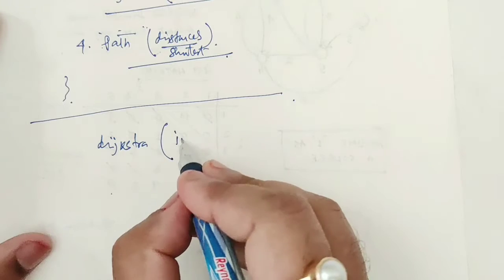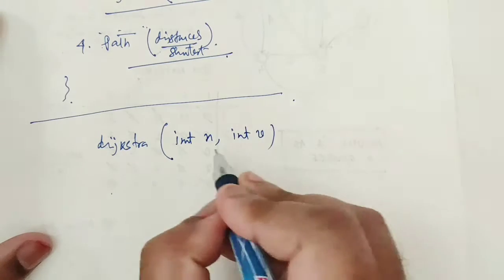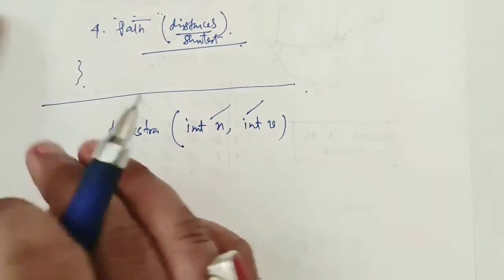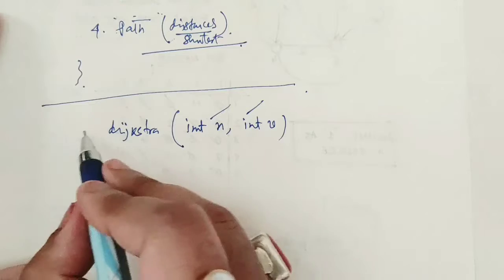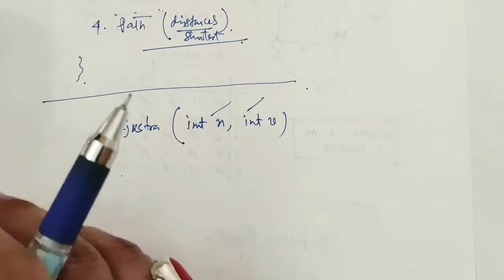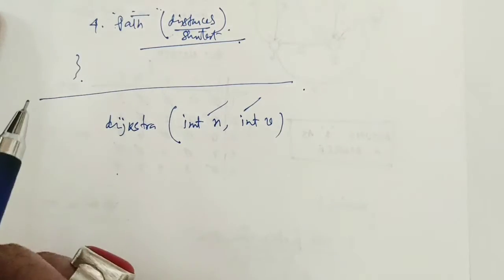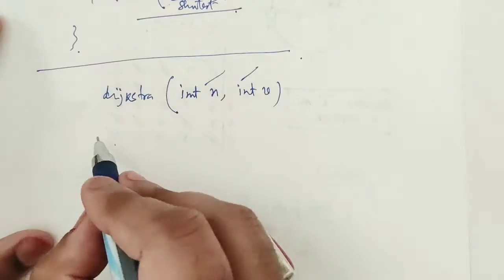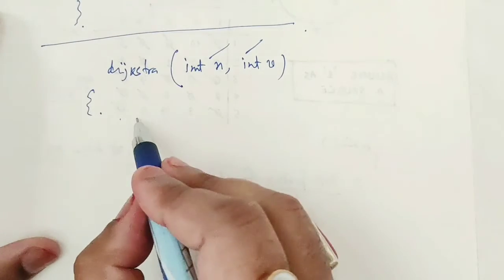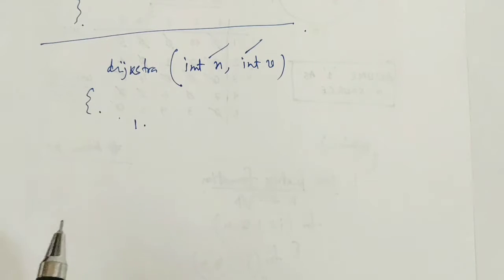So normally we are used to writing int n, followed by int v. Sometimes I will omit this data type, because here I am just discussing the way to write the program code. I may omit the return type of the Dijkstra. It is your task to apply the appropriate data type, whether it may be void or any other appropriate data type. That is your task. So under Dijkstra, first of all, our first approach is to maintain a one-dimensional array